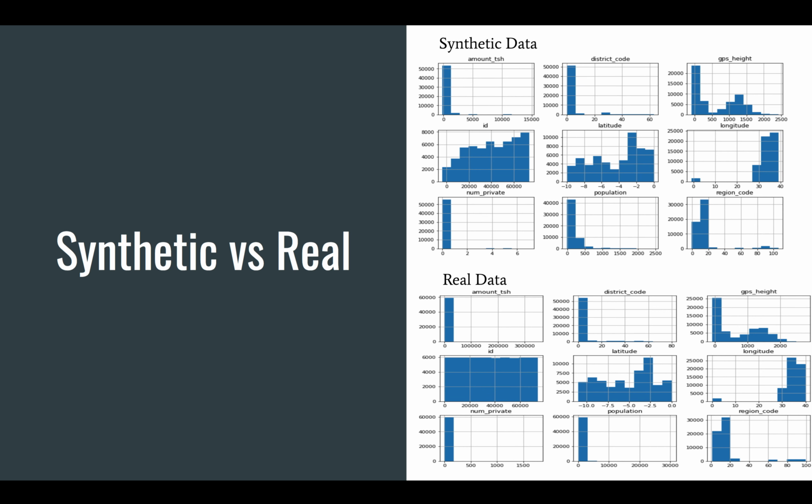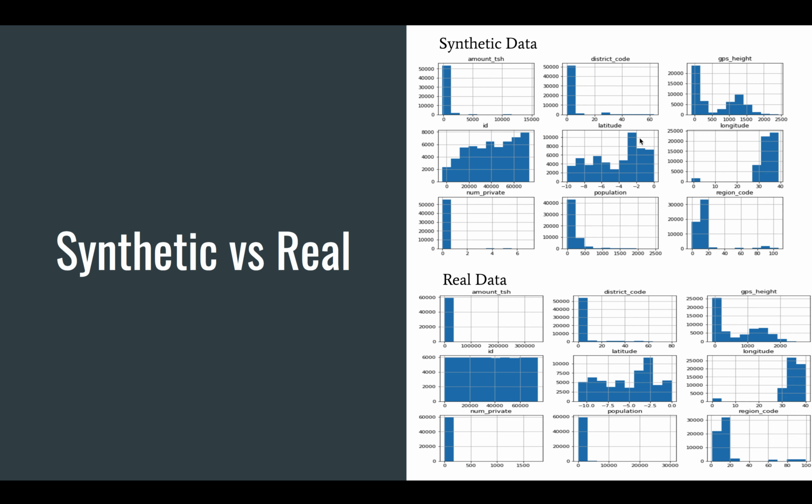So here's an example of synthetic data versus real data that's been generated using the CTGAN, or the conditional tabular GAN, that I use for my experiment. You can see that in most of the categories, most of the sections, it is very, very close in their distributions. It's not off. You will see a bit off because my synthetic data set only had 54,000 rows, while my real training data actually had 59,400 rows. So you'll see the scale is a little off, but for the most part, the distributions are very,